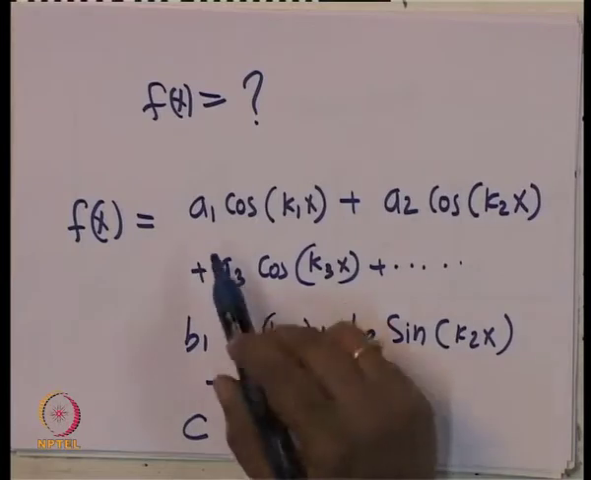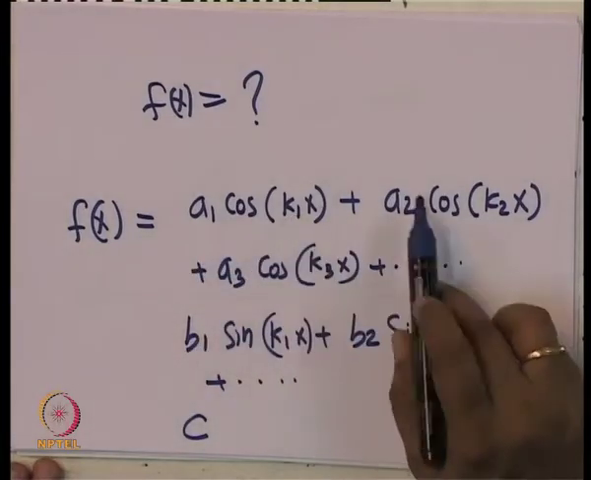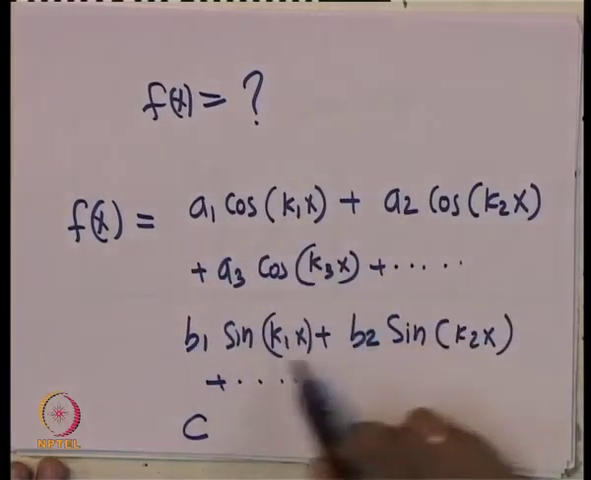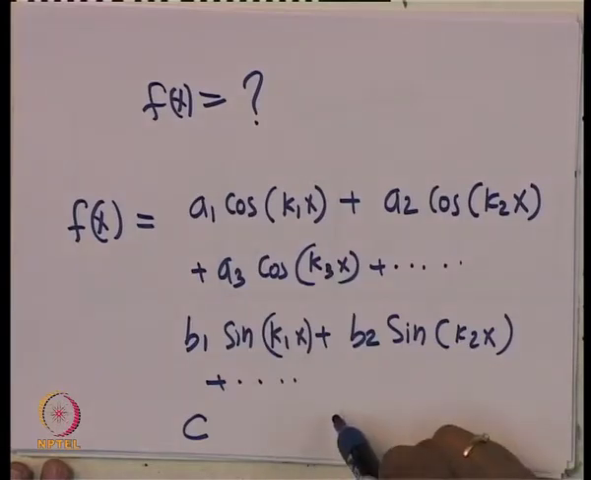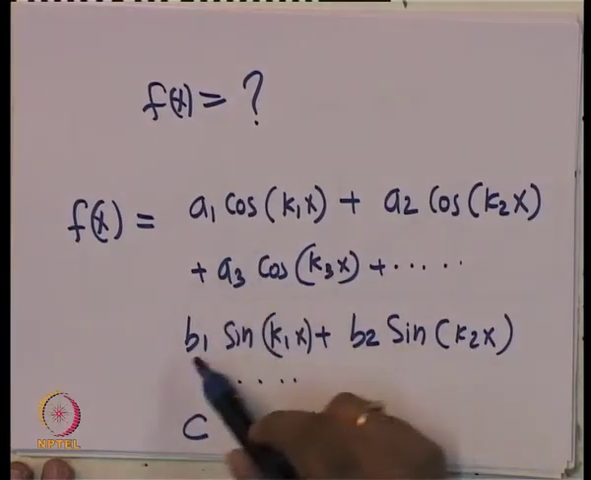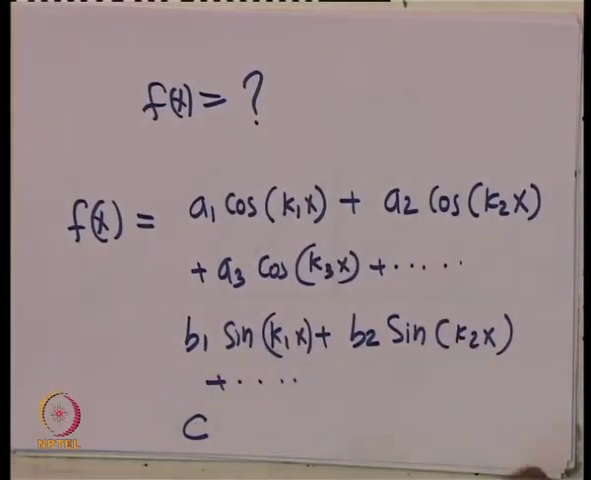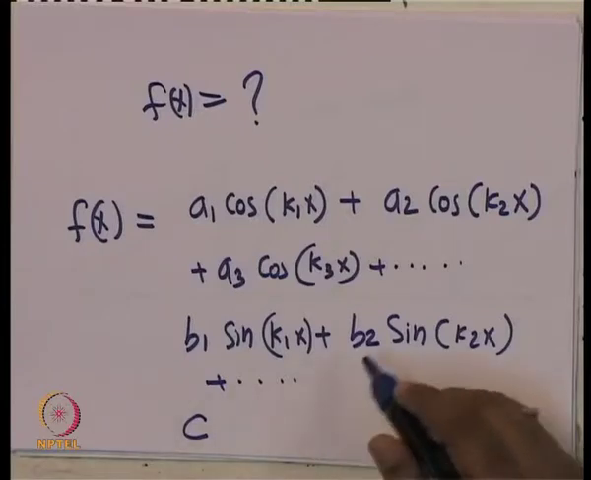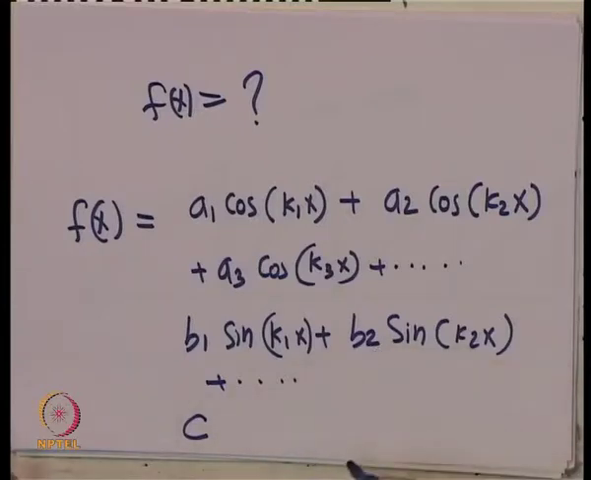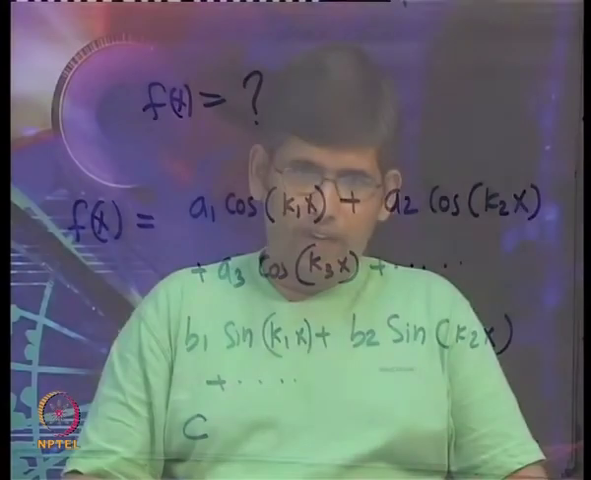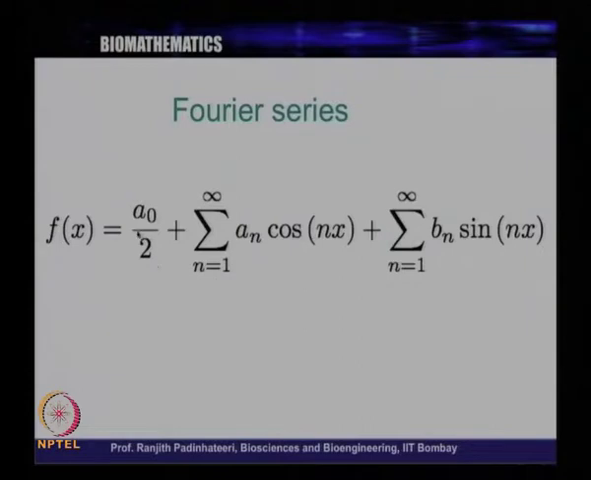So the claim is that if you take some values for a1, k1, a2, k2, a3, k3 and b1, b2, b3, c and all that, if you take some particular values, the function can look like either a square wave or a sawtooth wave, or any periodic function can be represented something like this. So that is the claim. Let me repeat it once more. In general it is written something like this. Any function f of x can be written as